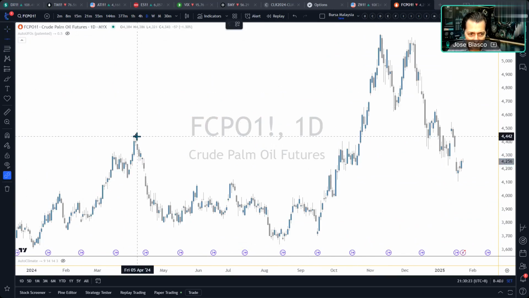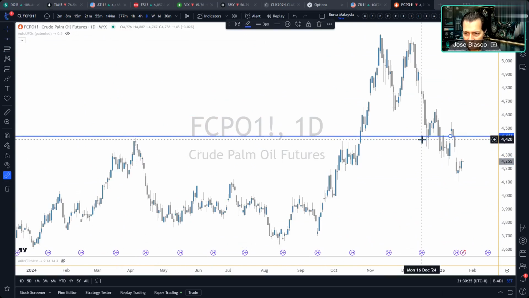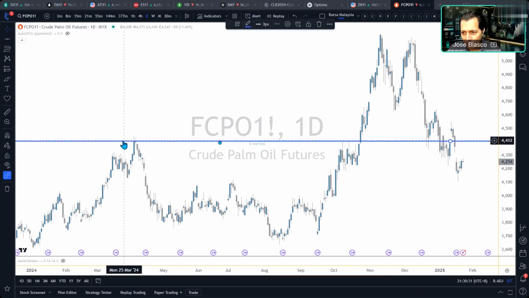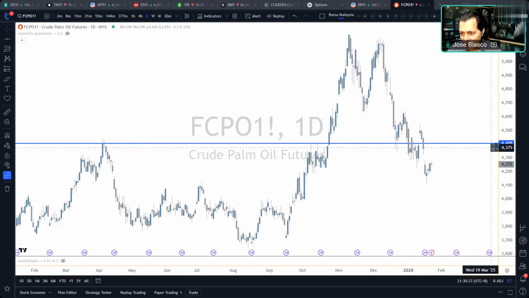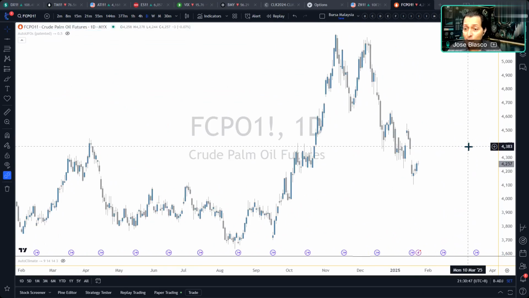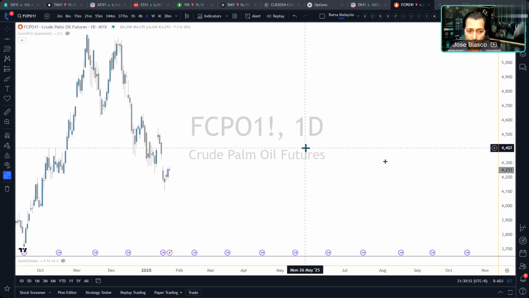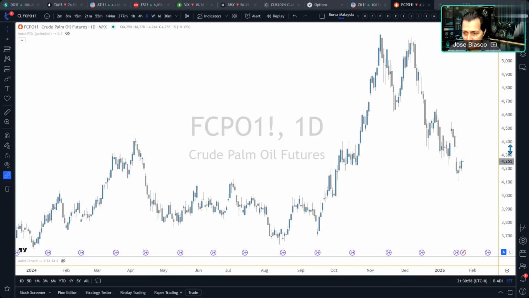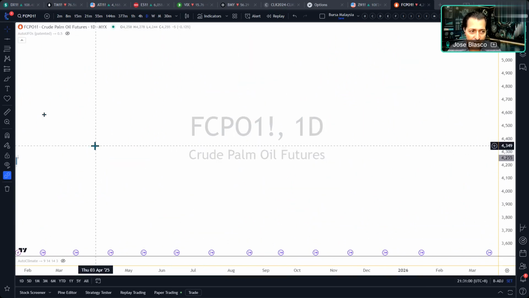For example, here is an obvious turning point, connected with those bodies there and these potential highs. Maybe you could argue this would be a better place to put the line, depending on your style. Maybe you're looking at 4408 as a relevant price point in the market, as a technical analyst looking at this as a potential resistance. So again, I'm looking for resistance and support. I'm going to call them indirect forces, and then I will combine them with direct forces to make it stronger. By itself, it's already strong, but we can make it stronger. That's my point.